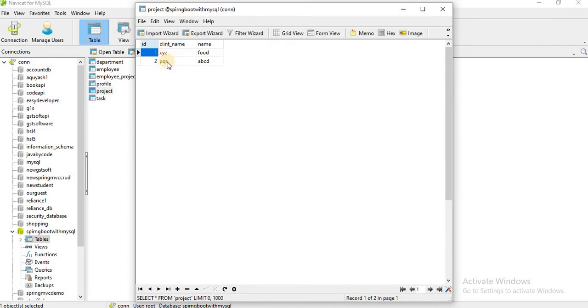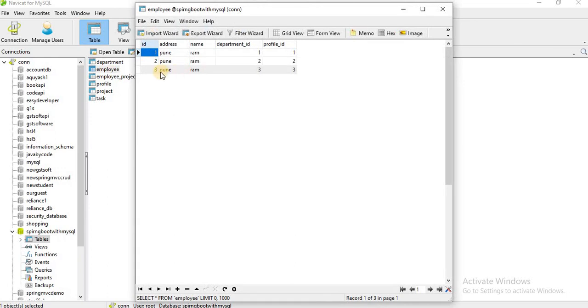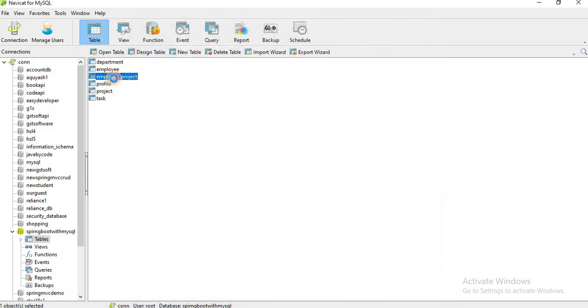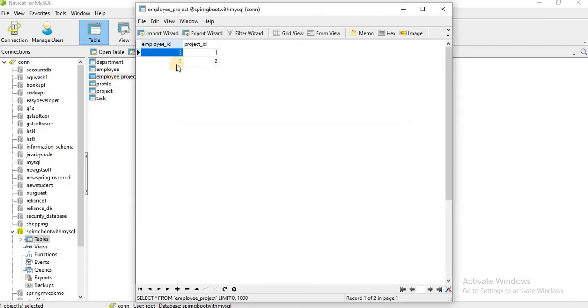Client names are XYZ and PQR. First one is food and the second one is ABCD. Okay, you can see inside the employee table one record is also added. If you open this employee dash project, you can see here employee ID 3, employee ID 3, project ID 1 and project ID 2, because here it is many to many. In one project there are multiple employees.